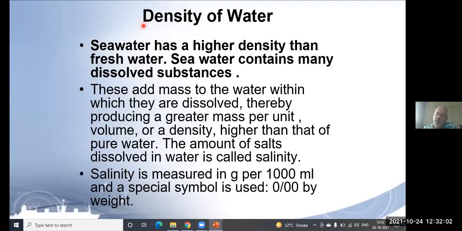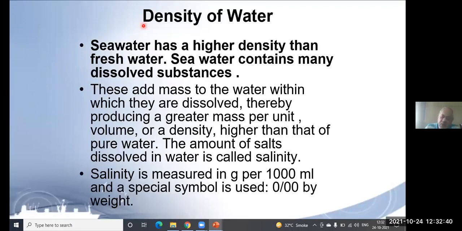Like suppose you have Mumbai port, and suppose it's a rainy season, the density of water will increase or decrease? Decrease, sir. Very little. It will come down towards fresh water because a lot of water will come in. Suppose the port is in a river, and a lot of floods have come, so river water will be flowing and your density will be close to 1. So the water will be closer to less salt and more fresh. This type of thing you also have to keep in mind.